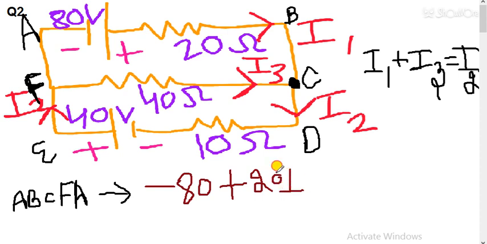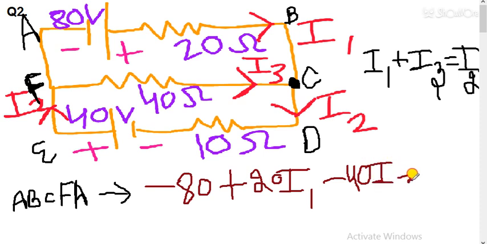Students, if you have any doubt, clear that doubt, because it is going to be difficult for you after this. So I1 BC. Now we are moving in the opposite direction of current, so it will be minus 40. How minus and plus is I am taking? You can watch the first video. 40 I3.